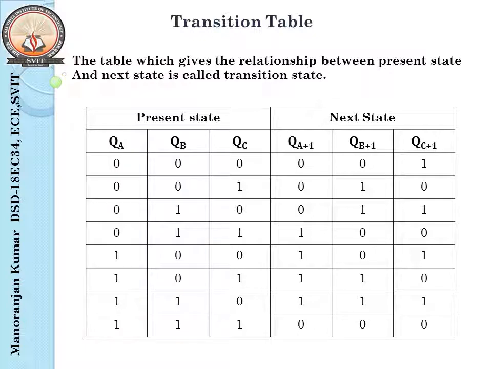It is easier as compared to the excitation table. You just have to keep that state diagram in mind and write it. When you are at 3, obviously the next count value is 4 when you are counting up. So for 3 the next state is 4, and so on. That is what I have already told you.